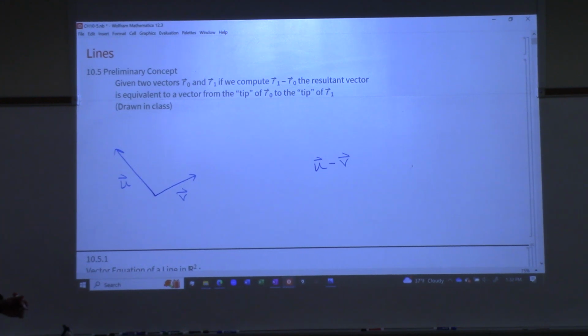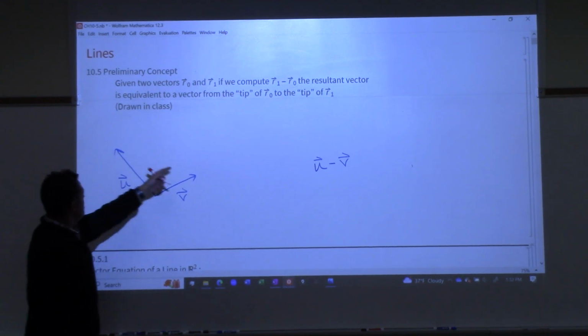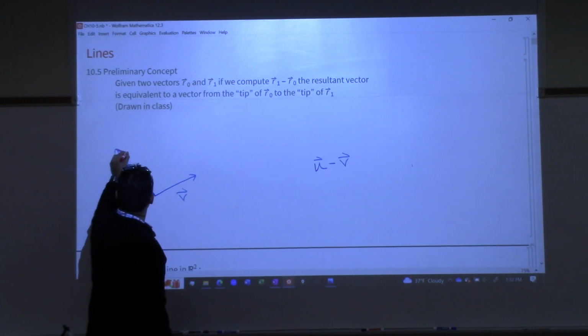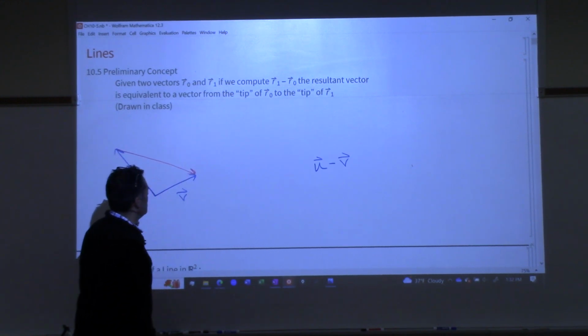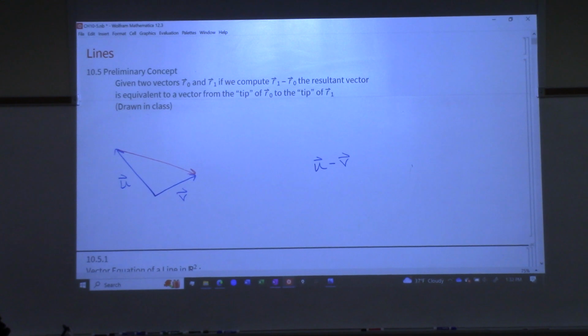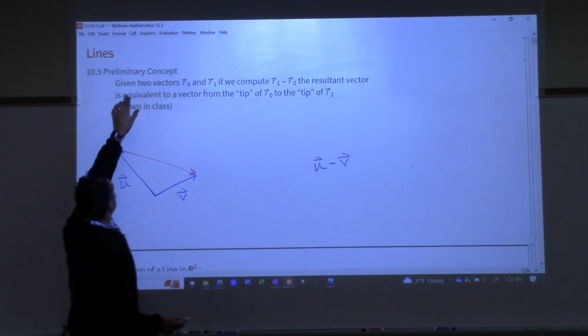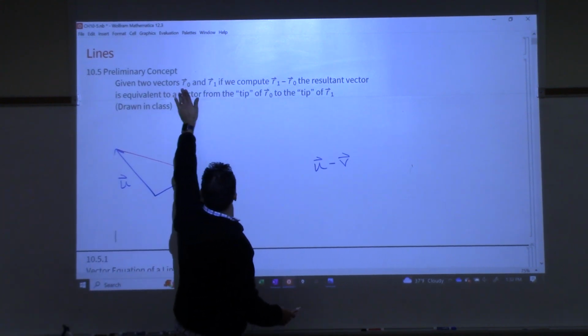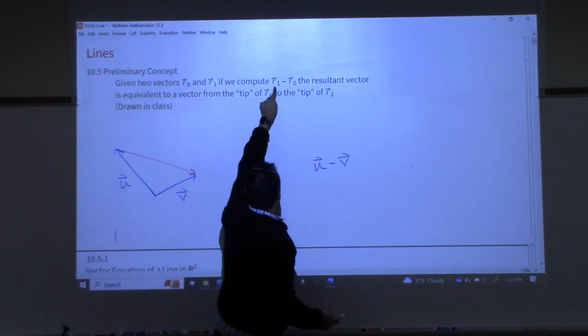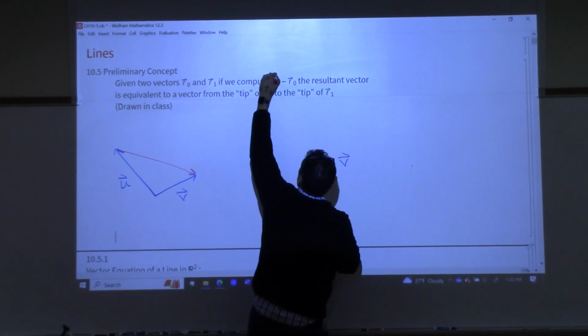Go ahead. Tip of u to the tip of v. Tip of u to tip of v. What's the other? Does anyone have a different one, or y'all agree with that? Is it the other way, or is it this way? So look at what I say here. Given two vectors, r0 and r1, if we do r1 minus r0, so let's do u minus